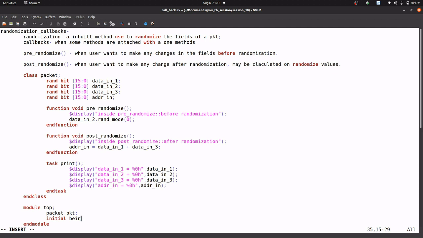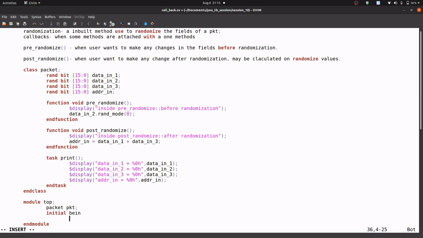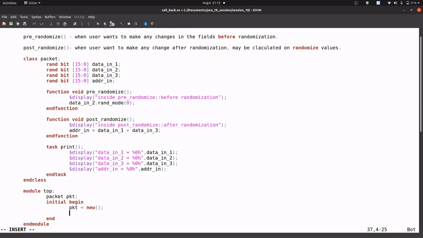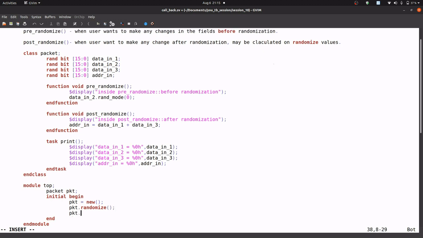Initial begin, then memory allocation to the handle for object creation, then pkt.randomize, and after that pkt.print.